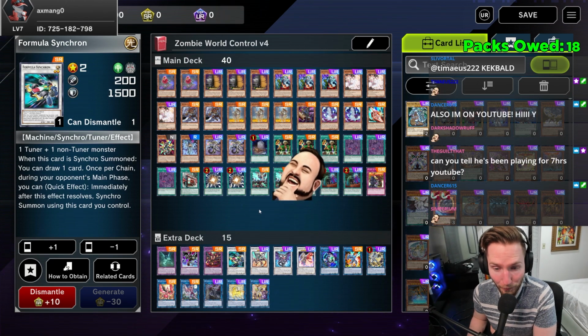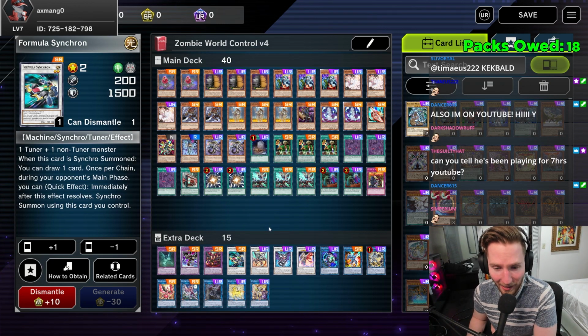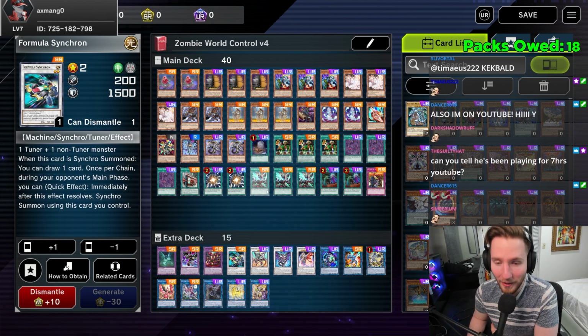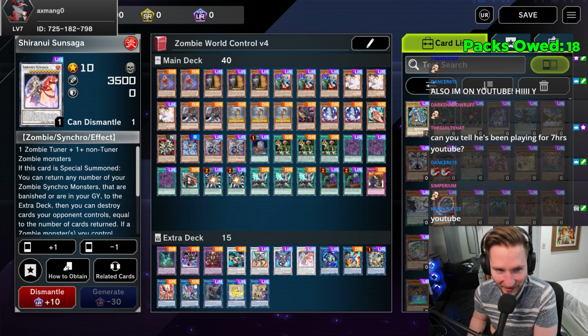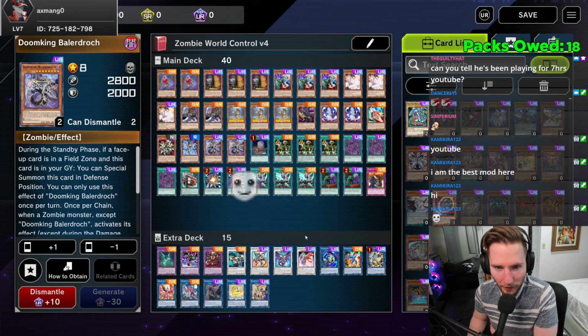Also, this will never come up, but we don't have Baronne, the whatever it's called, the level 10 zombie. Well, it's not even a zombie, it's like a warrior or something since it's wind or whatever, but it's an honorary zombie. We don't have it yet, so we played Sun Saga instead. So what do we do? Well, you could use Formula Synchron along with Balrog while Zombie World's up so that you could make Sun Saga,